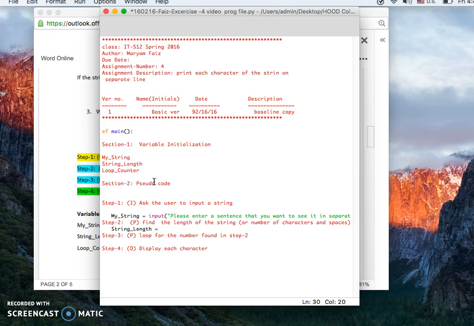This variable is equal to len, which gets the length of the string. So len(myString),